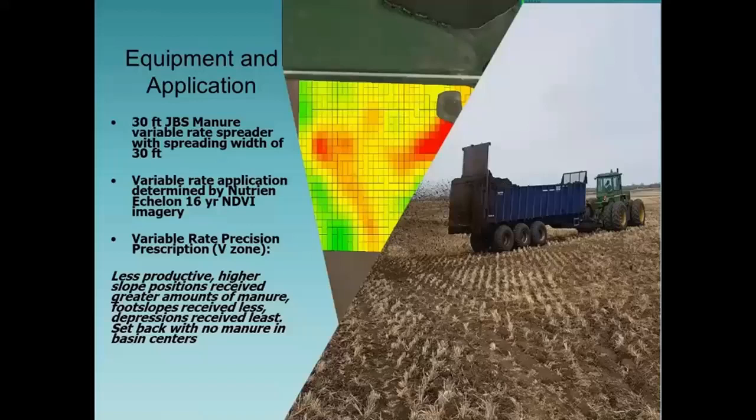Those less productive, higher slope regions in the landscape receive greater amounts of manure, whereas the foot slopes and the depressions receive lower rates. And there's no manure applied in the basin centers, according to setback, where water may accumulate. This is based on NDVI imagery, long-term 16-year images of productivity, where we see those red areas identified as upper slope areas with low productivity that can benefit particularly from the organic matter and manure nutrients,